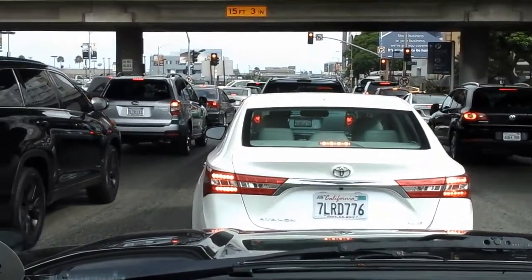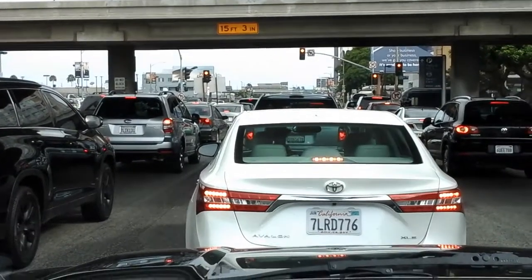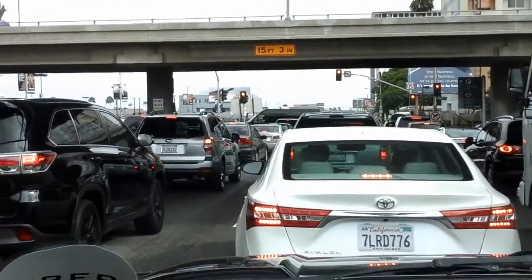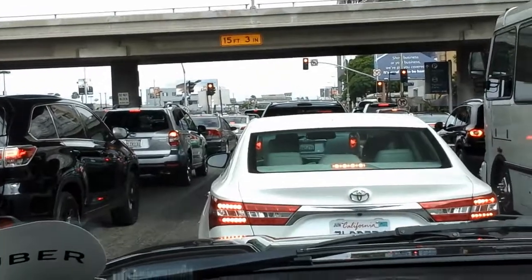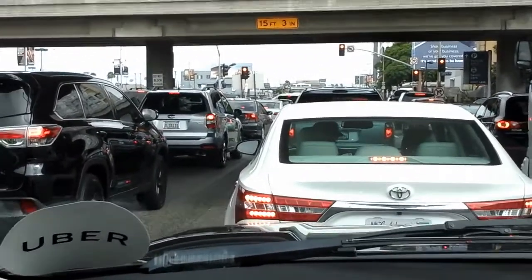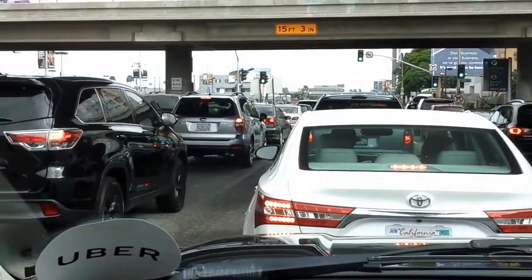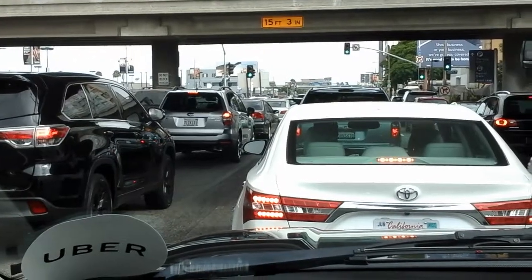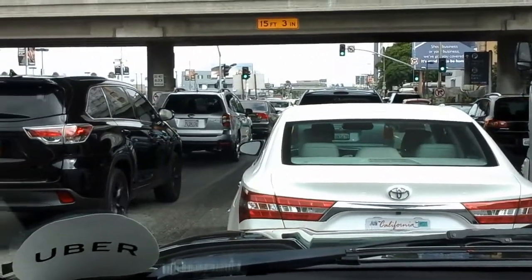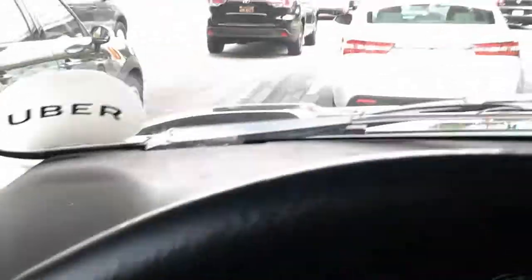If you need to go to the South Bay and drop off your passengers, that would be a great way. Or you could take Sepulveda south. If you're heading anywhere to the valley or to the west side, like Santa Monica, I go down here and take Howard Hughes and then 405 north. But because I'm going to be dropping back into Marina del Rey, Playa del Rey, those are some of my favorite areas to stop and have a coffee and then keep going. I start getting over here